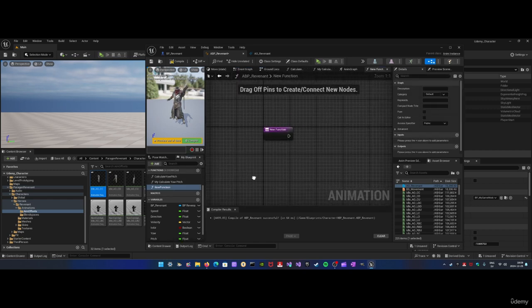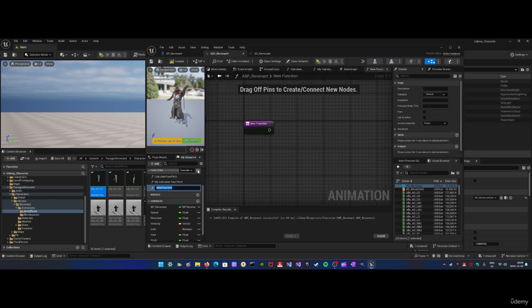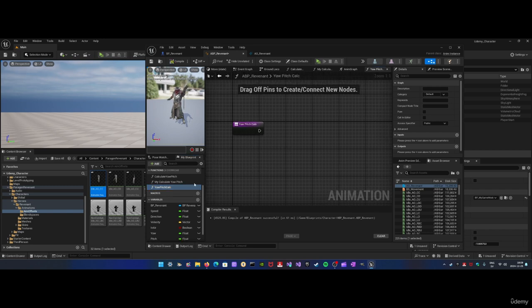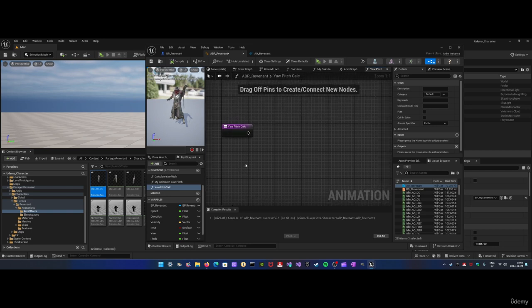I want you to create a new function by clicking the plus button here, and you can name it yaw pitch calc, or any other name you want. I have several of these, so I cannot use the exact same name. And